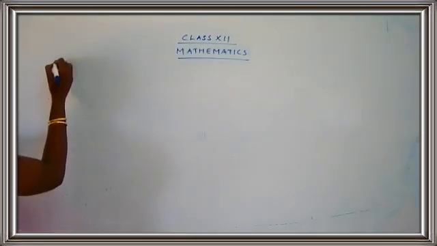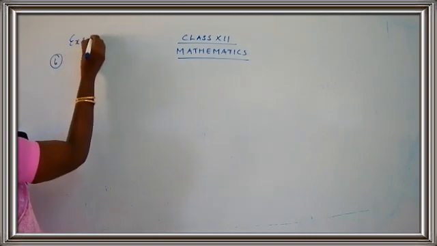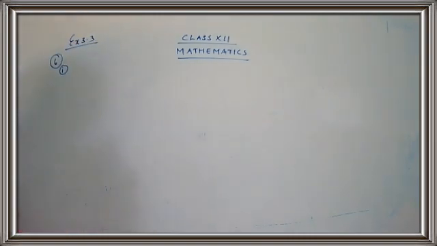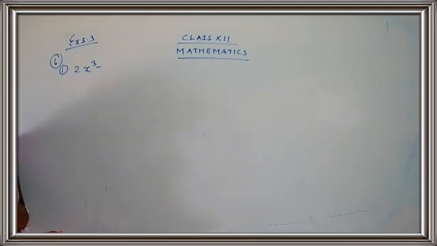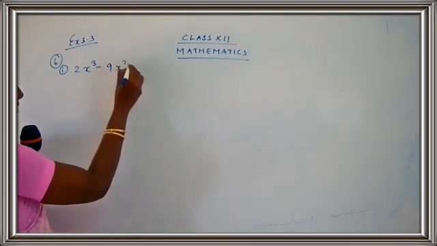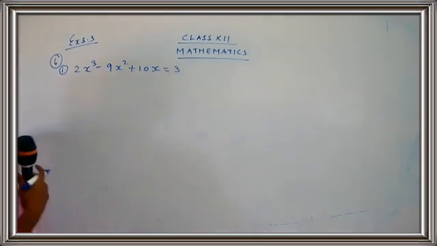On the first question, solve the cubic equation. Sum number 6, exercise 3.3. First one, you are going to solve the cubic equation. They have given you a cubic equation. You know the meaning of cubic equation. The degree of this equation will be 3. And what do you mean by degree 3? If the degree is 3, that means how many roots are you going to get? You are going to get 3 roots for the given equation. So let's take on the question. It's 2x cube minus 9x square plus 10x is equal to 3. So this is the equation given to us.